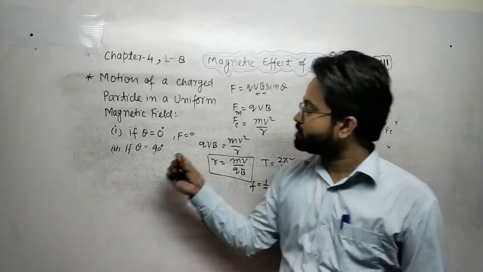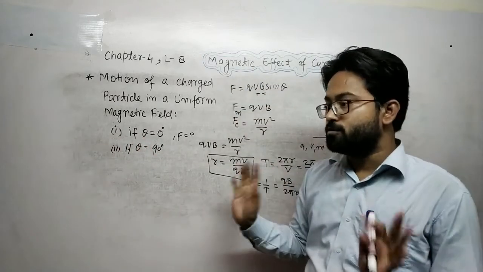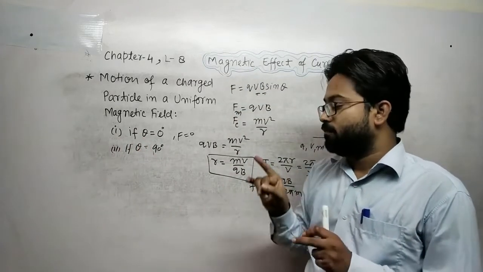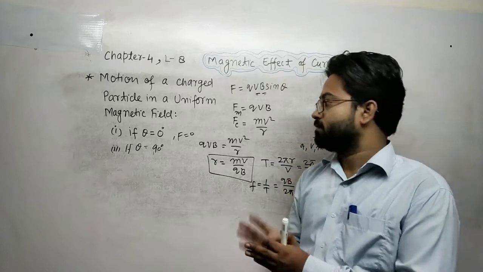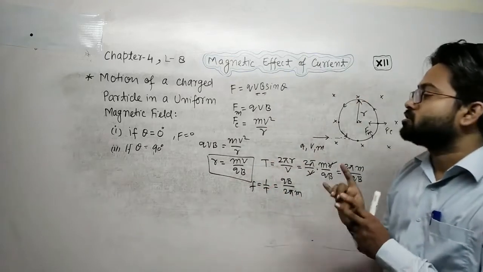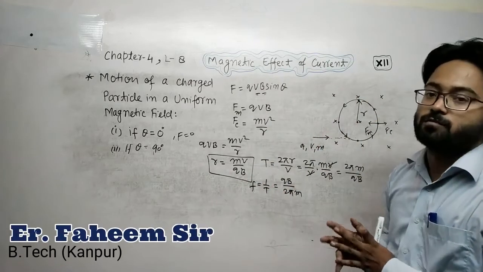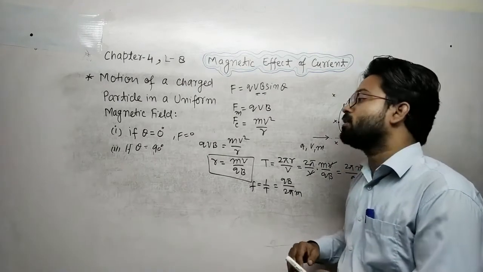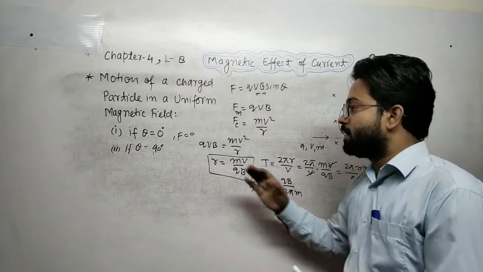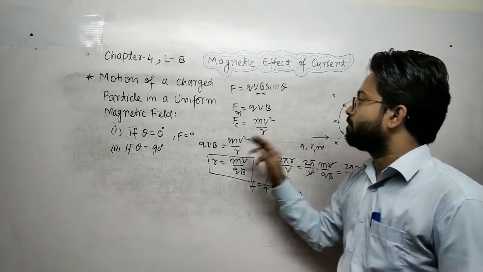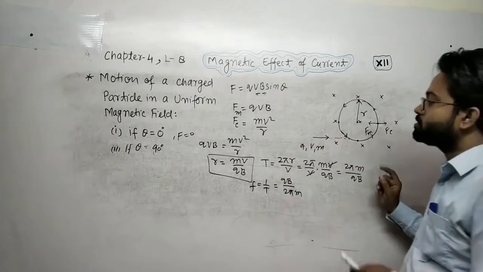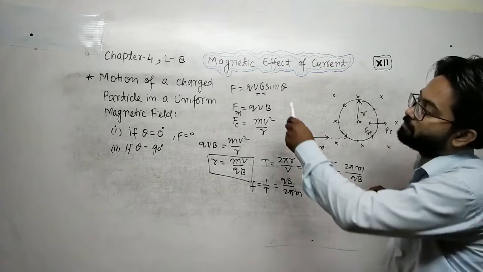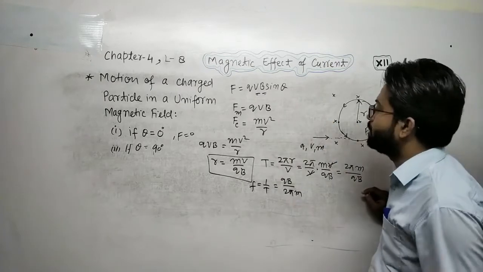Means in the first case there will be no force, without any effect, and the charge will continue its motion. It will not decelerate or accelerate. In the second point, the velocity of the charged particle is just perpendicular to the magnetic field,